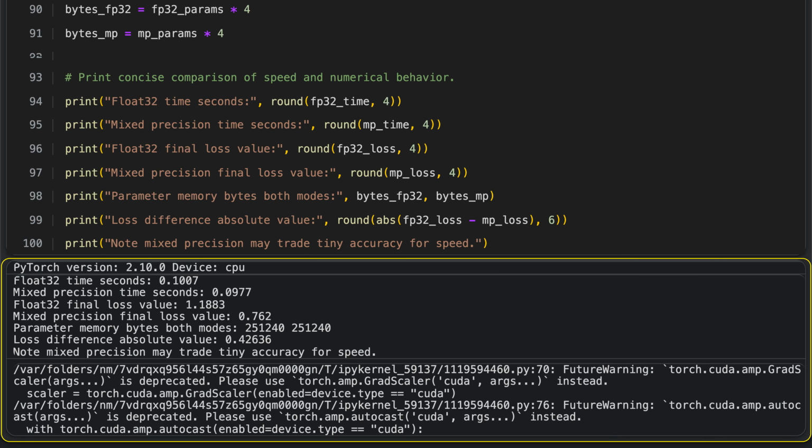This script shows how to use PyTorch's automatic mixed precision and compares it to standard single precision training. It builds a simple convolutional neural network, then runs training in both modes while measuring runtime and final loss. The results usually reveal that mixed precision is faster but can produce slightly different loss values, illustrating a trade-off between